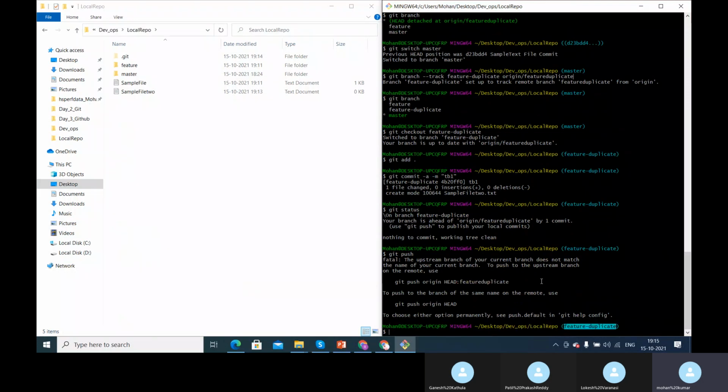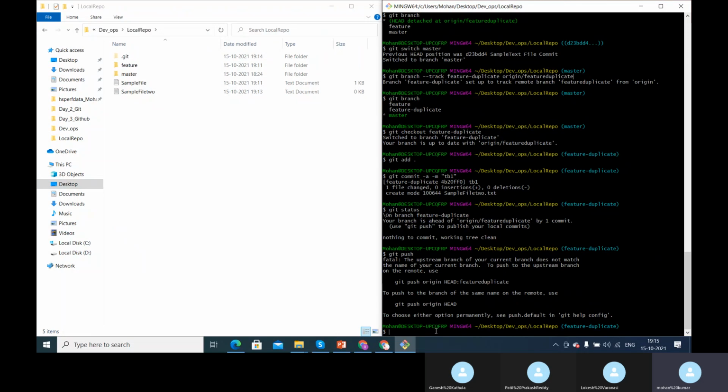Just to show you this, I created this. One thing you need to understand is that whatever name is on the local branch has to be the same on the remote branch. You need to maintain that sync. You can even push using this command, but that is not advisable, or else it would be a headache for us. So always make sure you have the same names on the local as well as on the remote. Now I'll quickly delete all these things.